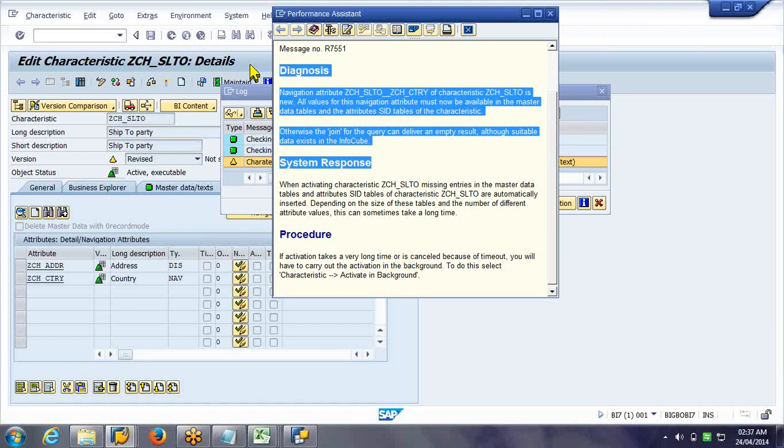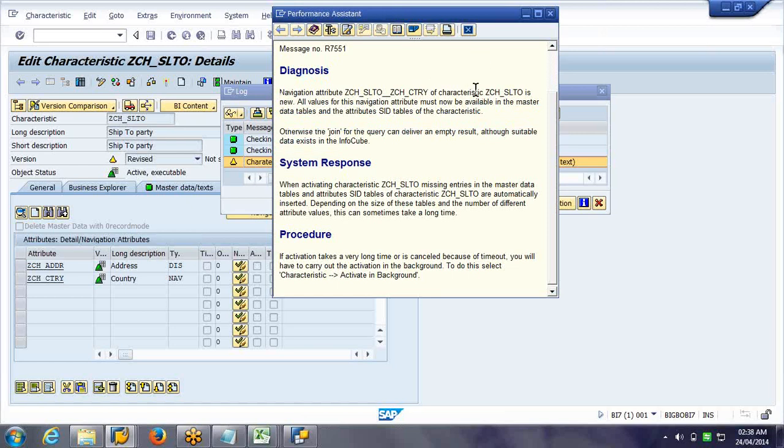That's why it was not showing as an individual object. We were unable to work with it. Now since we want to work with it as an individual object, it should also have master data. So the system is saying whatever values are there in the main object related to this one, everything will be populated into the country master data tables.